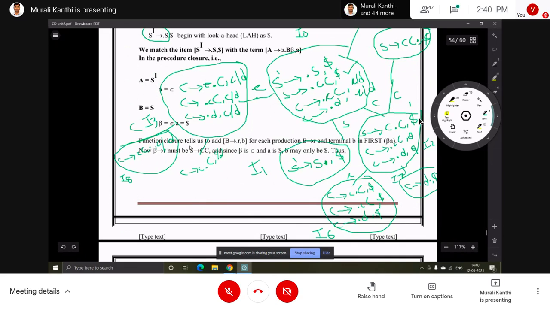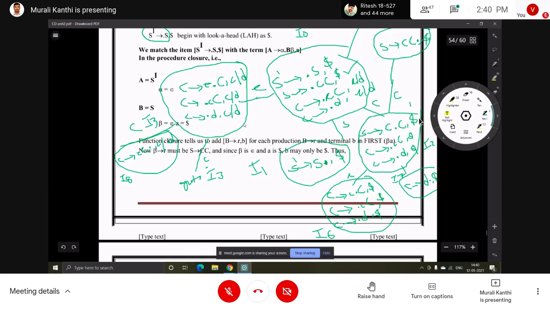Which one is this? I3. Here what we have to do? Just goto I3 itself. With the small c we'll get the same, so we have to write goto I3 with a small c.